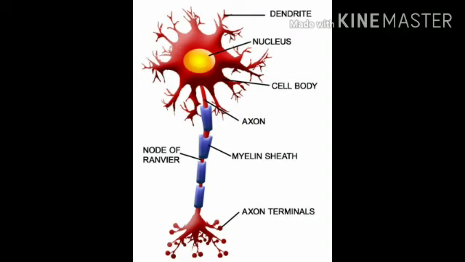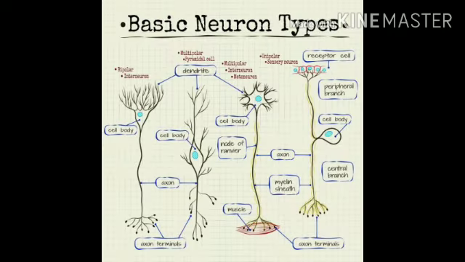The neurons are divided into three types: multipolar, bipolar, and unipolar. The multipolar neuron has one axon and two or more dendrites, found in the cerebral cortex. The bipolar neuron has one axon and one dendrite, found in the retina of the eye. The third one is unipolar, which is a cell body with one axon only, found usually in the embryonic stage. There are two types of axons, namely myelinated and non-myelinated.